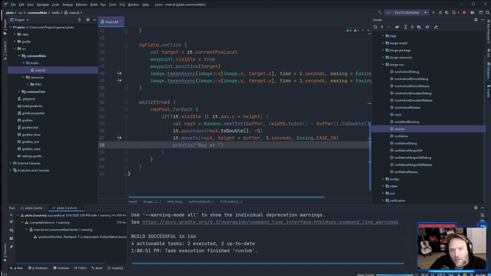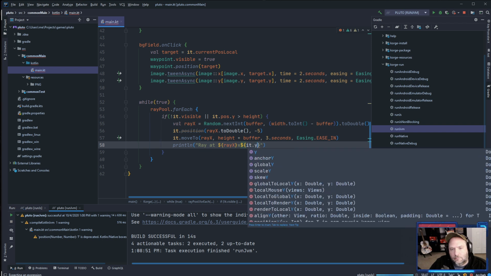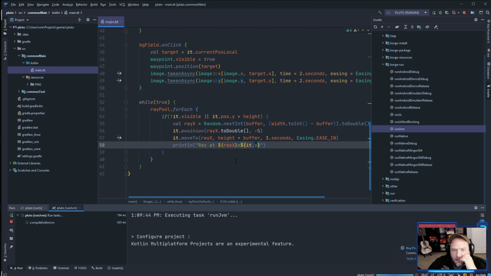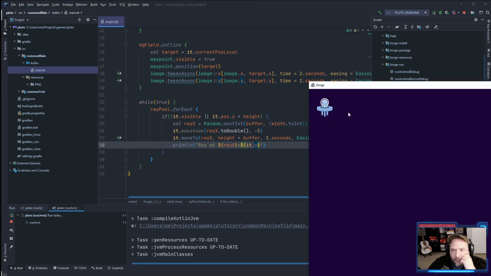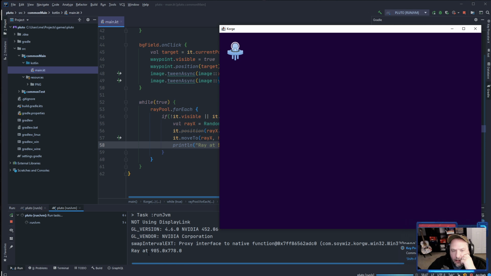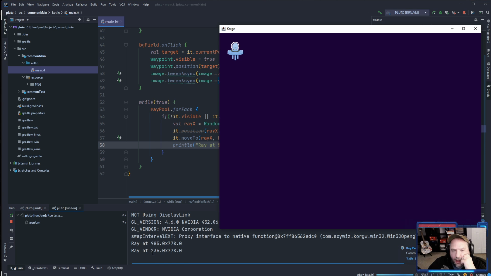So ray at ray x. And we'll get the y as well. Okay, let's see if we get any output there. Not seeing anything. There we go. There should be an array at